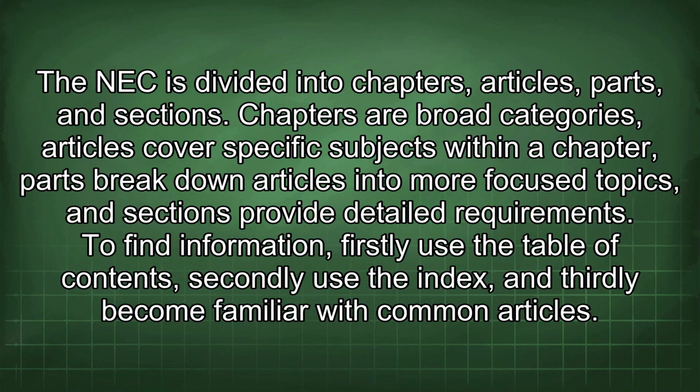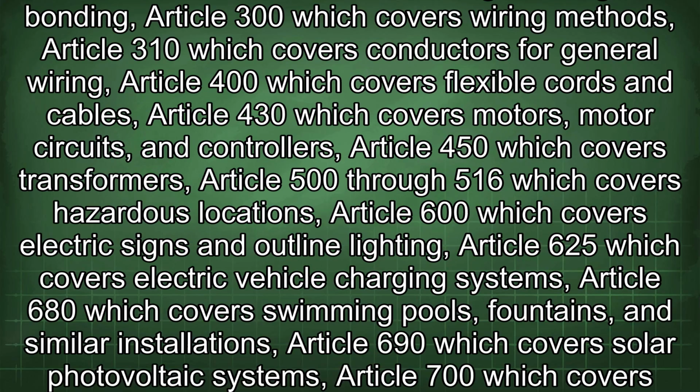To find information, firstly use the table of contents, secondly use the index, and thirdly become familiar with common articles. Some key articles to be aware of include Article 110, which covers requirements for electrical installations, Article 210, which covers branch circuits, Article 215, which covers feeders, Article 220, which covers branch circuit, feeder, and service calculations, Article 230, which covers services, Article 250, which covers grounding and bonding, Article 300, which covers wiring methods, Article 310, which covers conductors for general wiring,